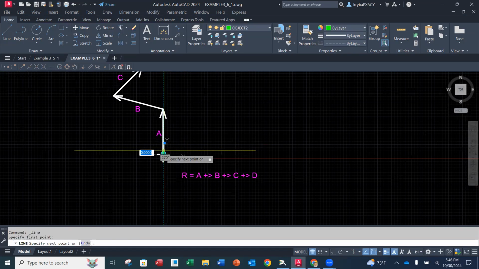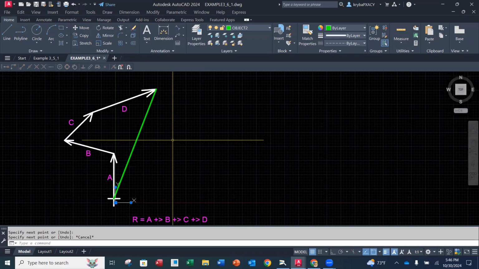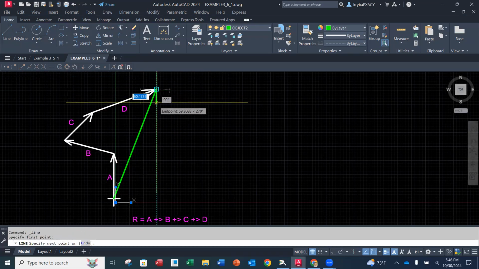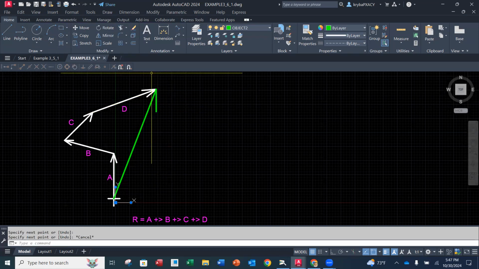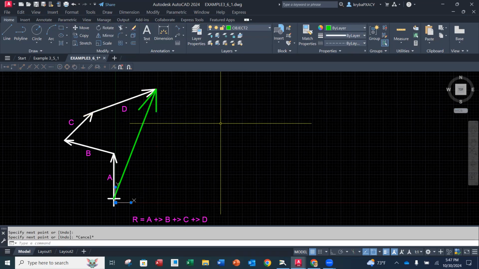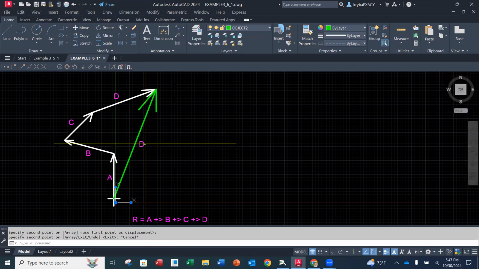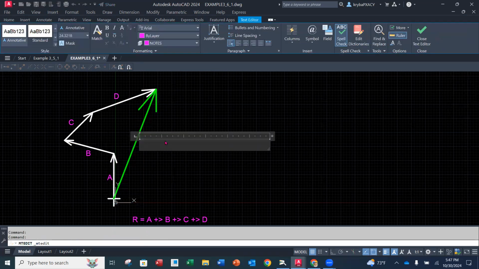Scooch in here. There we go. And then we're going to go to the end point of the last vector. Now I'm going to add the arrowheads to my resultant. The arrowheads are always going to be at the tip of the side where the tip of the other side of the equation is. So in this case, at the tip of D, D to the outside. And then I'm going to label my resultant by copying one of those